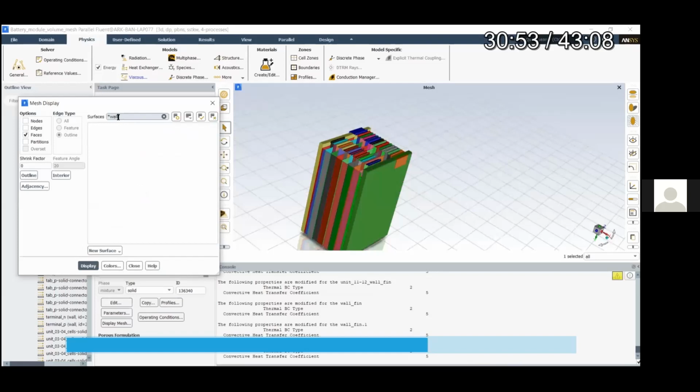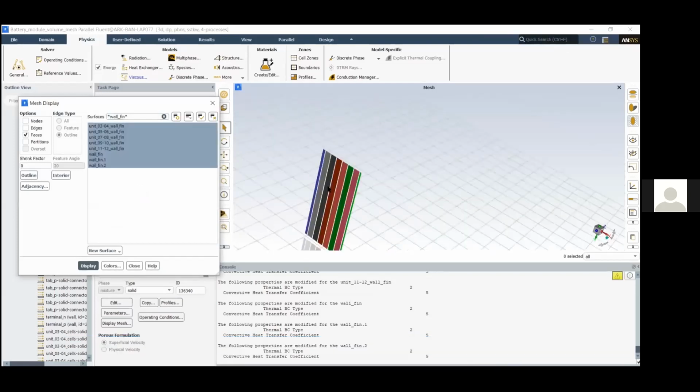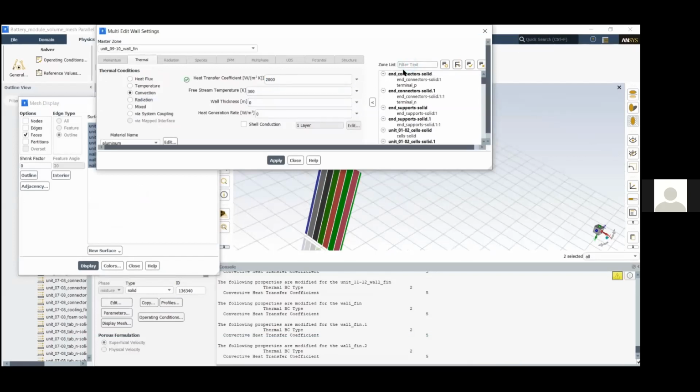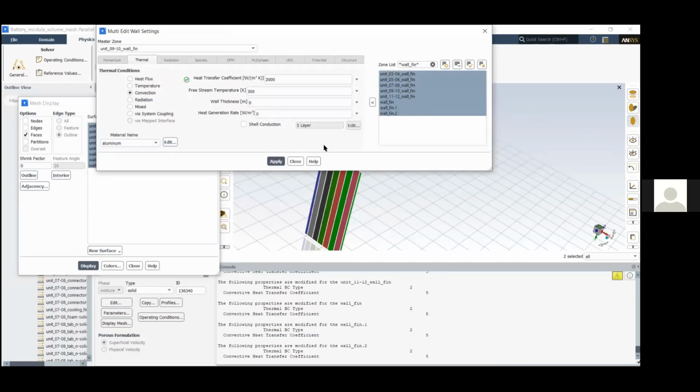Okay, so these all are the fins over here. Now select any two fins to go for multi-wall edit, and then give the adiabatic property to the fin surfaces over there. Not adiabatic, I'm sorry, we have to give the heat transfer coefficient so that heat will transfer through this fin surface, right? So in the zones list, again select the wall fin, and then select all and give the heat transfer coefficient of 2000, and then